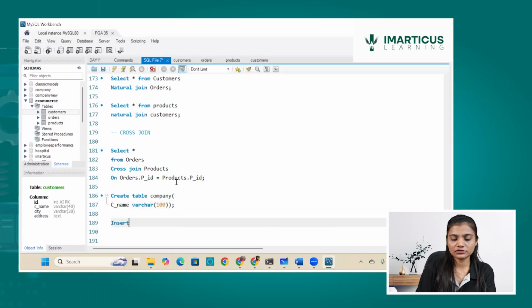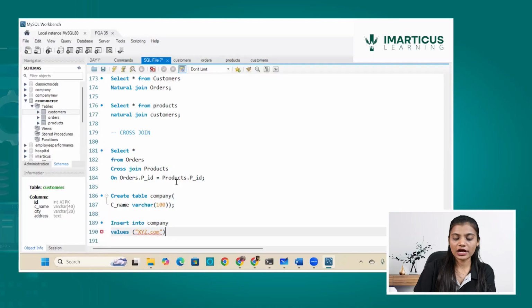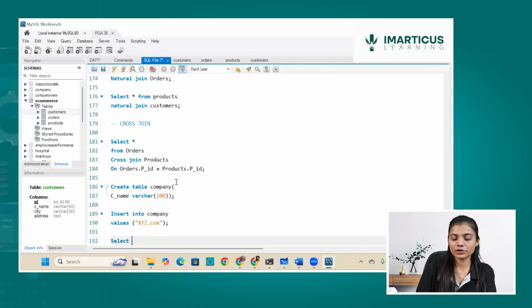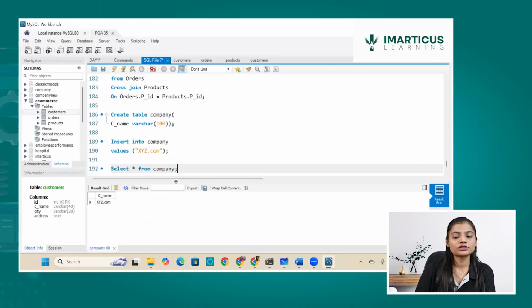I do insert into company, I know one value is there, so I'll write values over here, and I'll write xyz.com, which I have mentioned, and this is being written. So if I do select star from company, it is showing me this.